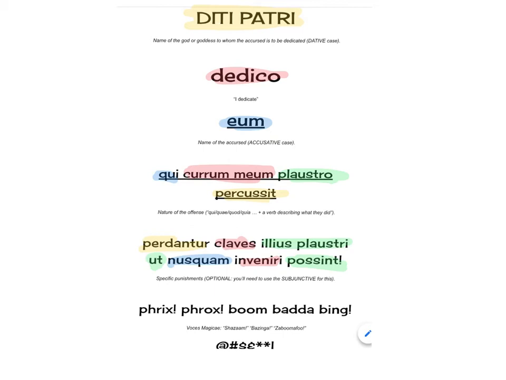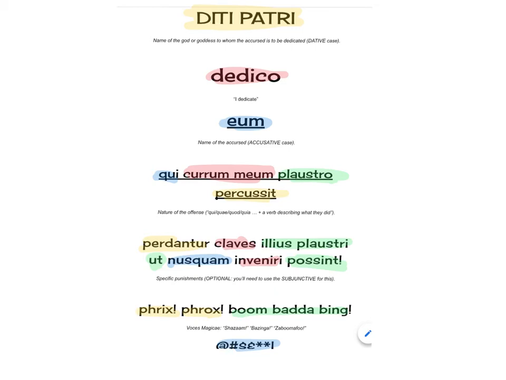All right, all that's left now, magical words, voces magicae. So I took 2 from the book, from a real curse tablet, fricks, frocks, whatever that means, and then I took something that my neighbor up in Providence used to say, boom bada bing. Doesn't really mean anything, just something you say for emphasis. And then caracteres, I just picked some dingbats because I was typing at the bottom of the thing. All right, boom bada bing, there's my curse tablet in its template form.